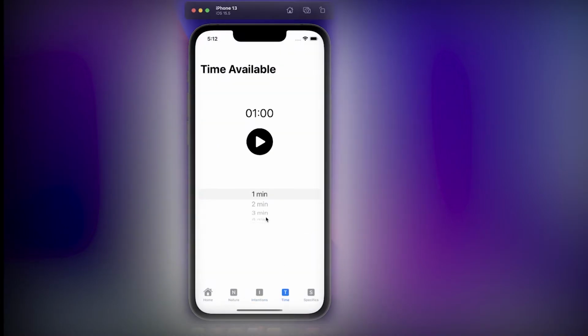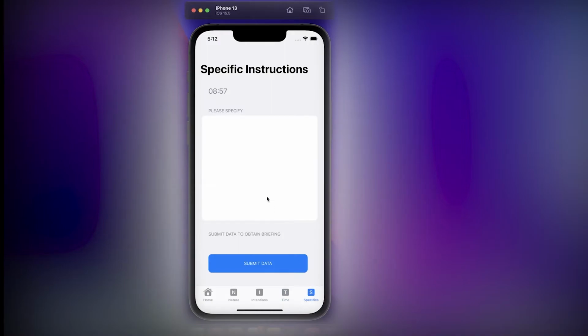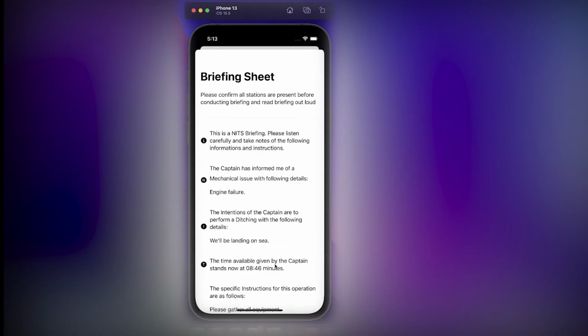The next step is the time available, where we can select different times from a picker and start a countdown, which can be reset or paused and choose another time. In the specifics tab, we can type in any extra information that the captain would like to add to the briefing. By pressing the Submit Data button, the app presents us with a briefing sheet, which gives us some instructions